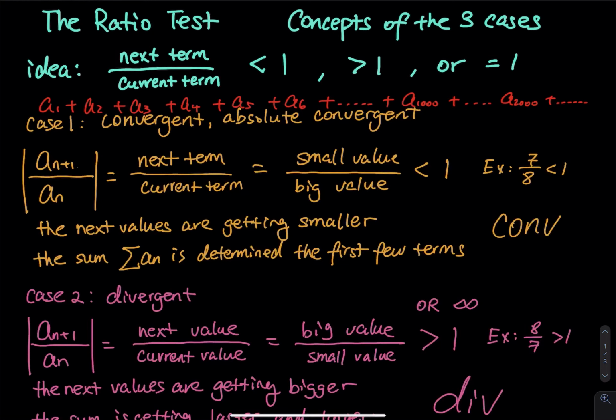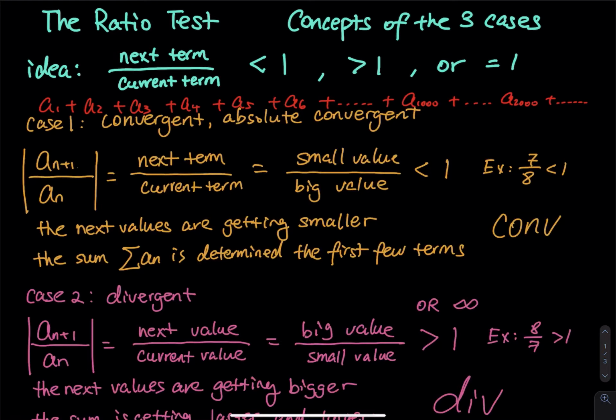Let's talk about the concept of the ratio test. There are three cases, and I would like to discuss the concepts in my own words for each case. The idea is we have a series, right? Look at the red line. We have A1 plus A2 plus A3 plus A4 all the way to the 1,000th term, 2,000th term, and then